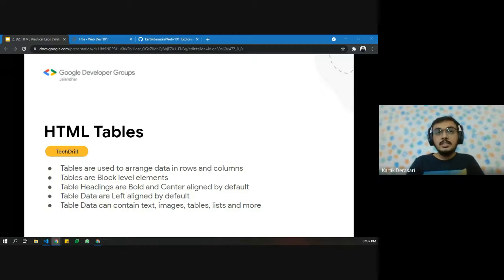And in the table data, all the table data is left aligned by default. We can also insert any kind of HTML element inside table data. It could be text, it could be images, it could also be a table inside a table, it could also be a list, and so on and so forth.